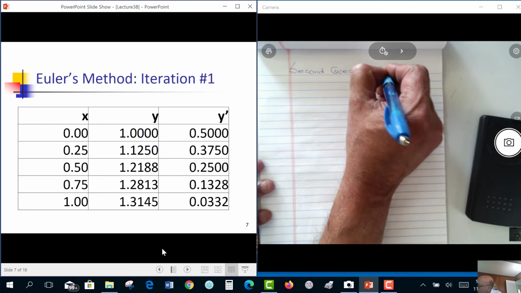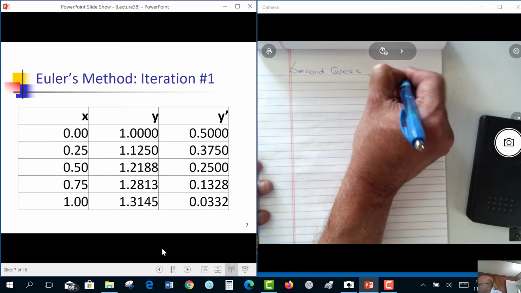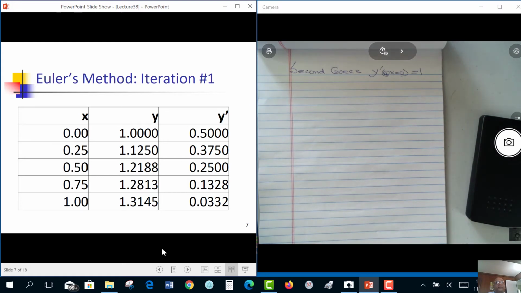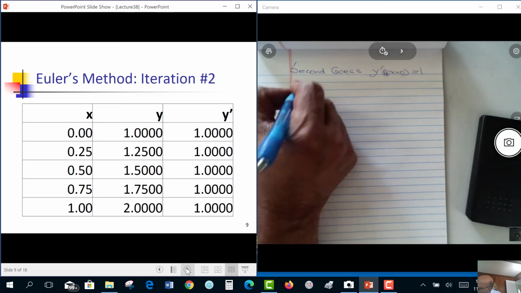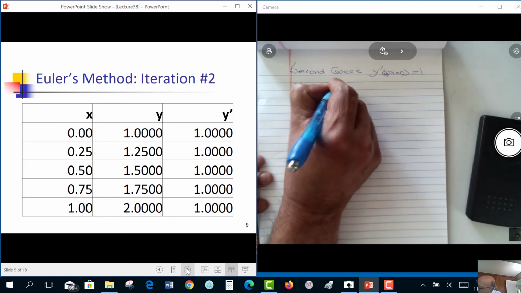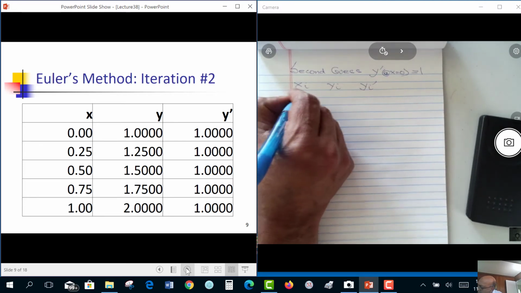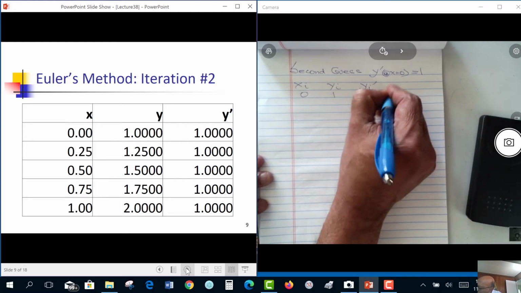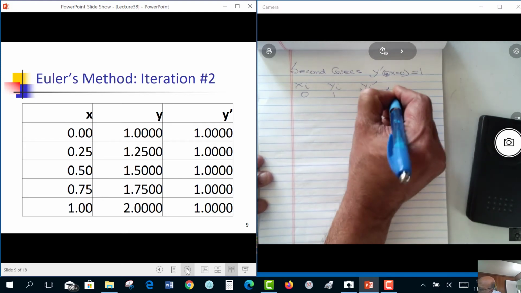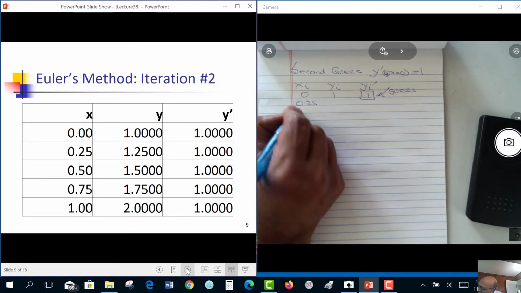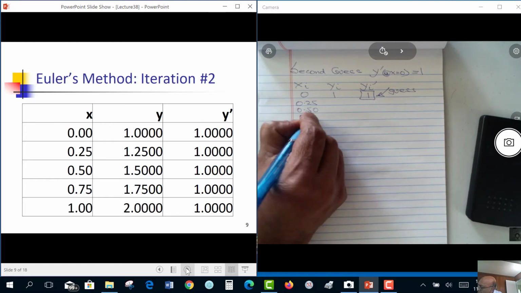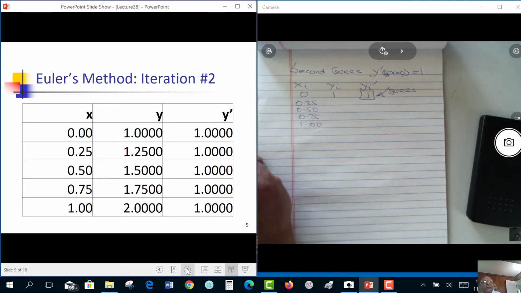y prime at x equal to 0, let's say, is 1. So let's make our table again: xi, yi, y prime i: 0, 1, 1. So this is our guess, remember. Again, we solve our differential equation, initial value problem. So we get